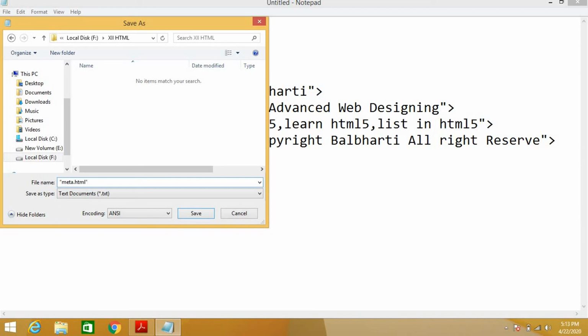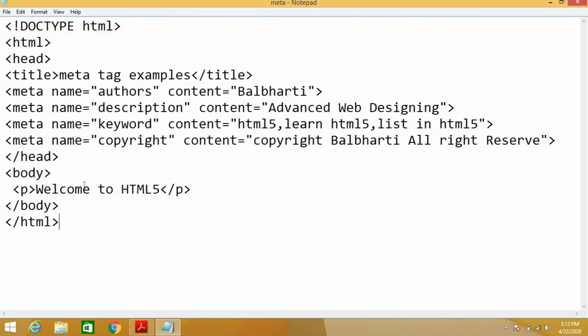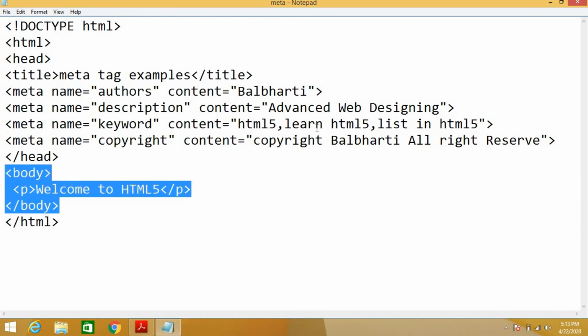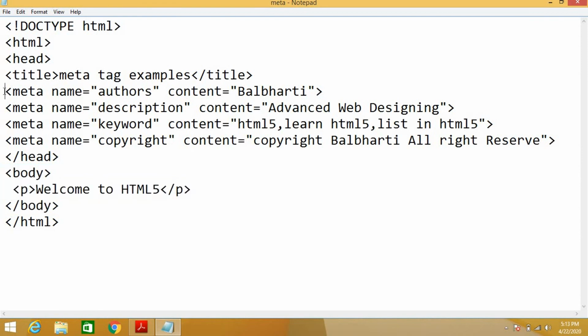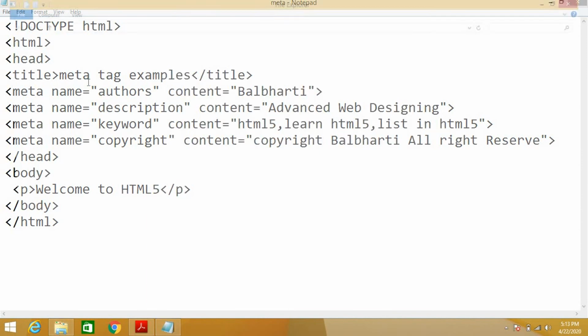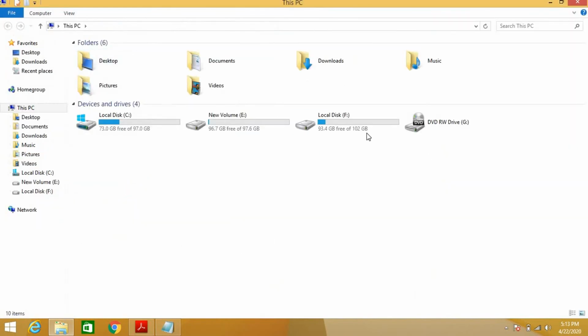As I told you, you will not get any description of the meta tag. You will get only whatever you have written in the body tag. Some software is needed to get the information of the pages. With this you cannot access it, but if you execute it with the help of software, you will get the information of the web pages. Let's see the output of this code.